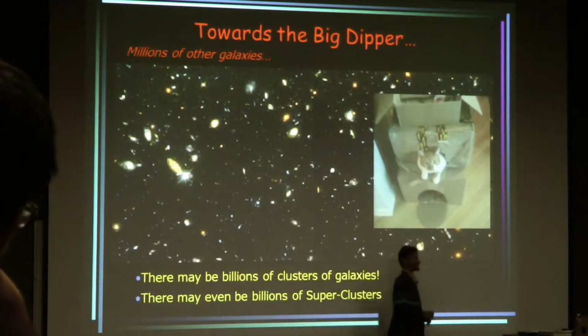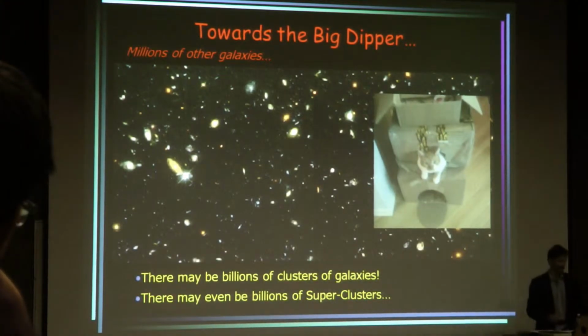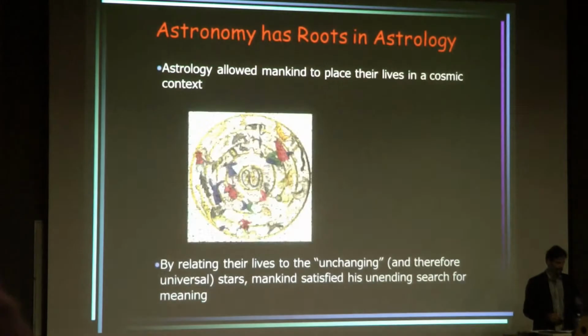I think that's the reason I did this. That's the second floor of the kitty condo, by the way, poking out of it. All right, so